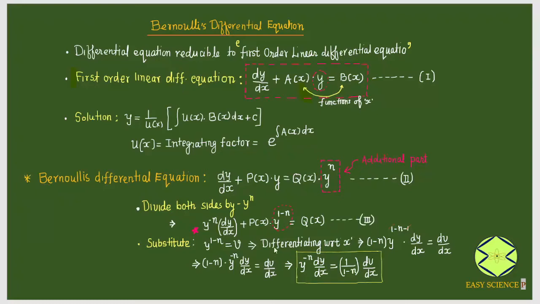Okay. So in equation number 3, instead of y raised to minus n dy by dx, we can substitute 1 upon 1 minus n dv by dx. Instead of y raised to 1 minus n, we can substitute v. So the whole equation gets transformed to a new form. By substituting, we can write equation 3 as 1 upon 1 minus n dv by dx